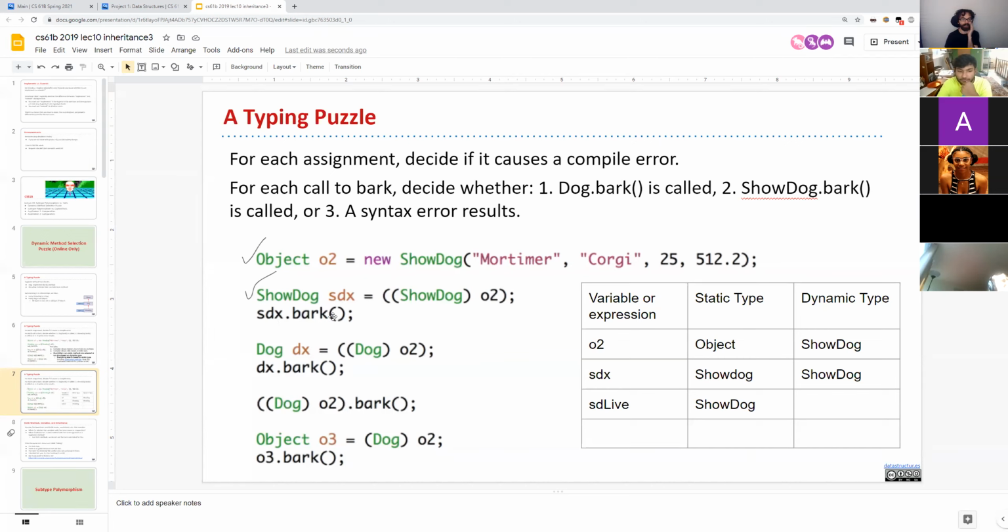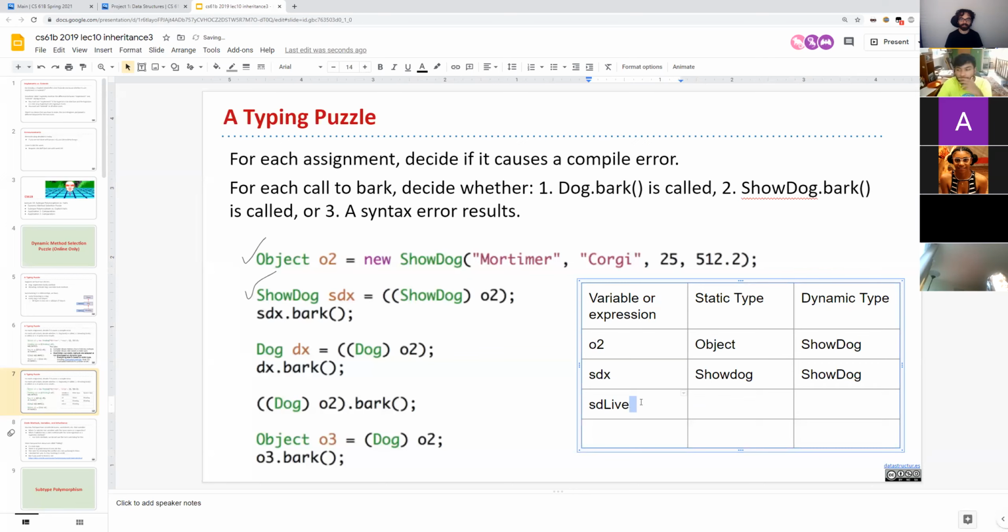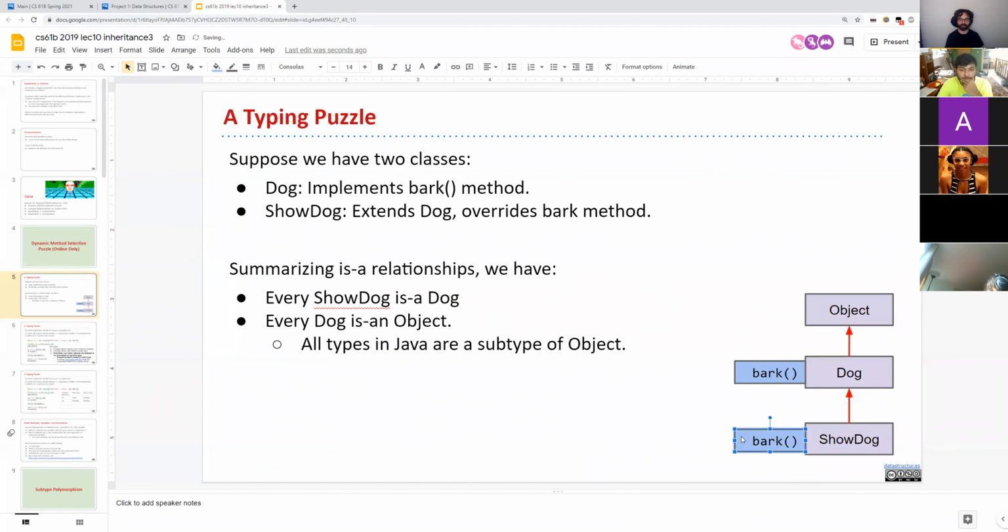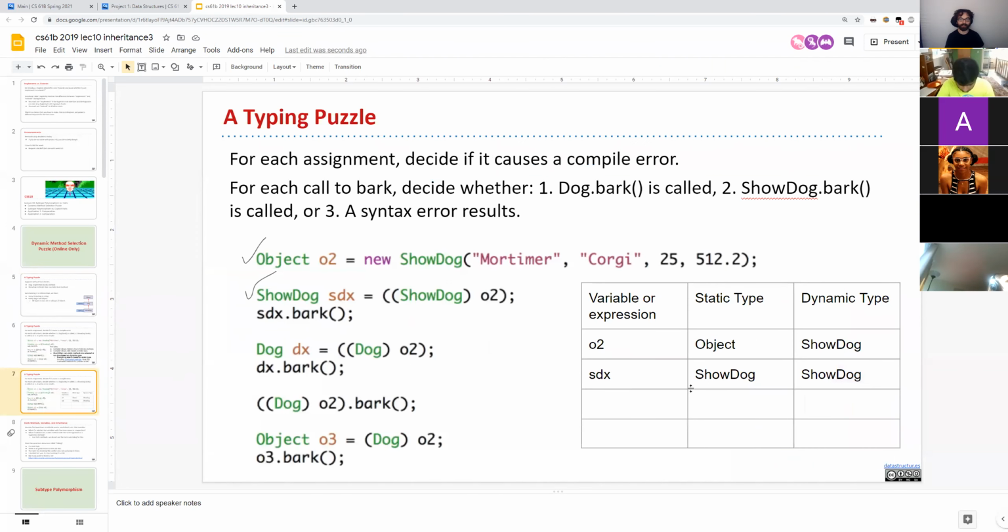Now we get to SDX.bark. Okay, so SDX, its static type is show dog, and show dog has a bark method. Right here it is declared. We know that it's part of this class, and so this is the one that's going to get called. It's going to call showdog.bark. So this is no surprise.